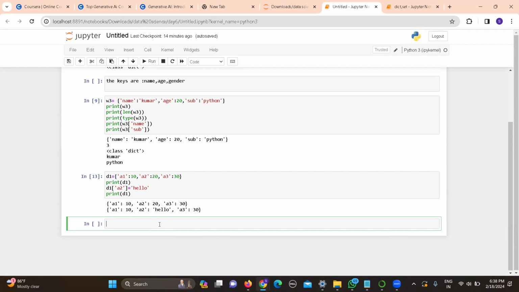For that, I'm going to assign F1 is equal to, forming a new dictionary, A minus 1 is equal to 10, comma, and opening another bracket, A minus 2 is equal to 20,